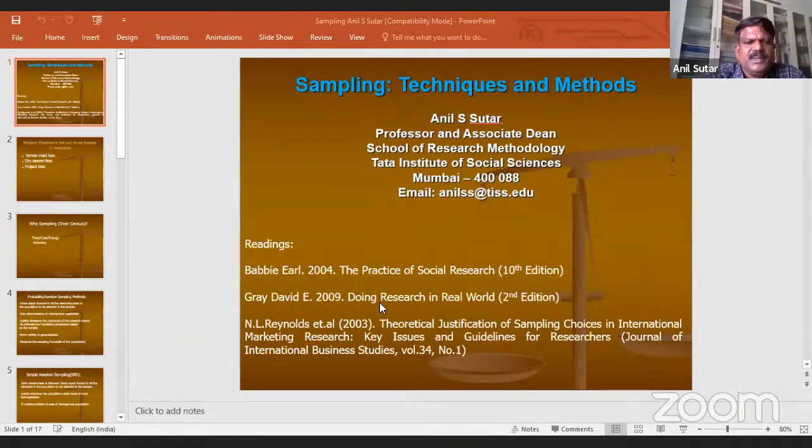Okay. So these are some of the readings, very important readings you can note down. Earl Babbie's work, The Practice of Social Research, and David Gray's work, Doing Research in the Real World. And one interesting peer-reviewed journal article, Theoretical Justification of Sampling Choices in International Marketing Research, by NL Reynolds and others.